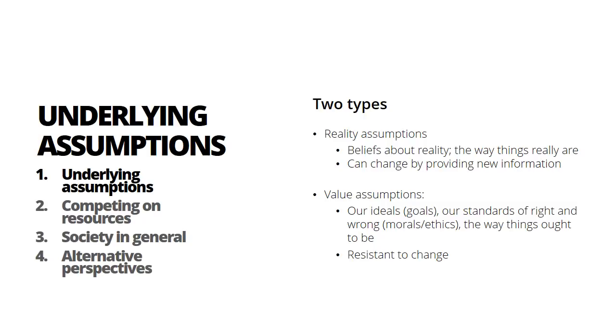Conversely, value assumptions pertain to ideals and standards of what is right and wrong. They are implicit statements about the way things ought to be. Continuing with the automotive example, can you identify any value assumptions that could be motivating my claim? This can be a bit trickier because sometimes you need to infer what the intention of the overall argument is. The claim was that alternative fuel vehicles are a non-starter, but the related implied aspects of that claim are that there is no need to change the way things are at the moment. You might also infer a connection to concerns about climate change. Accordingly, value assumptions here might be that tradition is better than change, or that environmental concerns are misplaced and irrelevant.